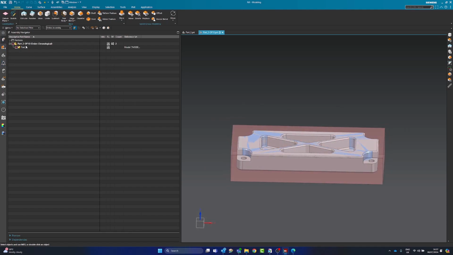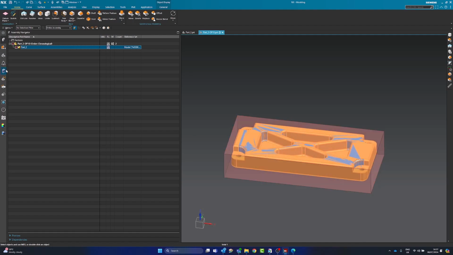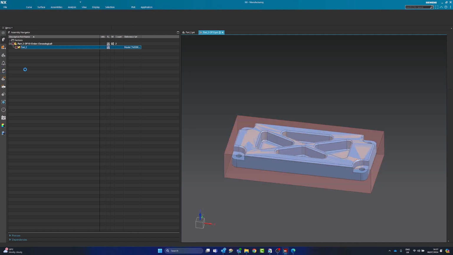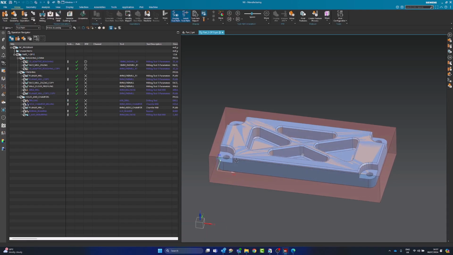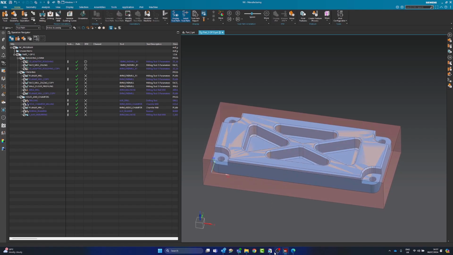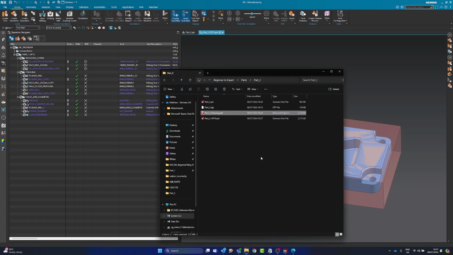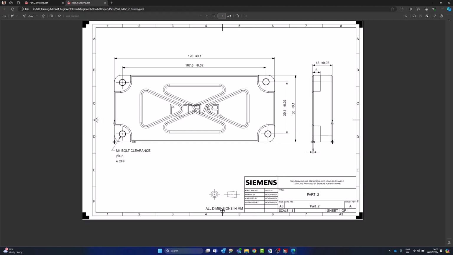So now our tree is looking nice and neat again. We have our new part in here, and now I'm ready to go to the cam session already. That quick. So a few things are going to change. So if you looked at the drawing, one thing you would have noticed would be, hopefully you noticed that these hole